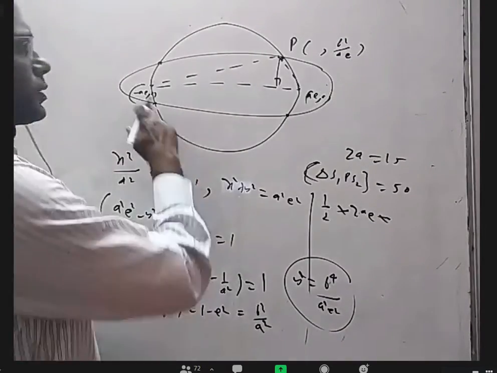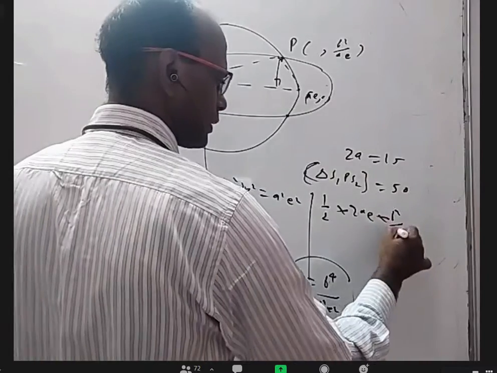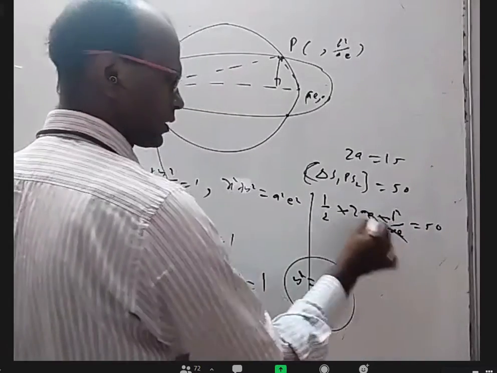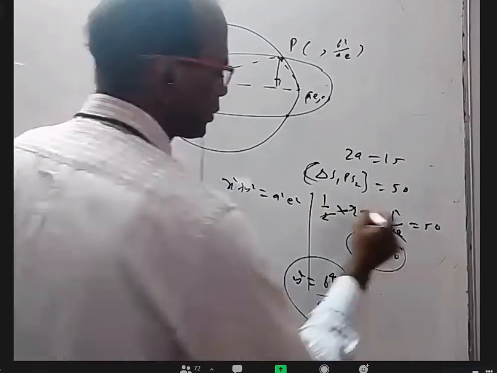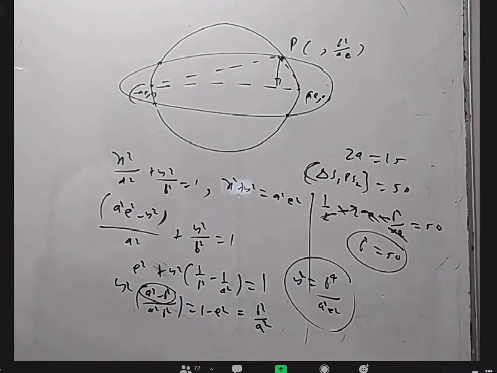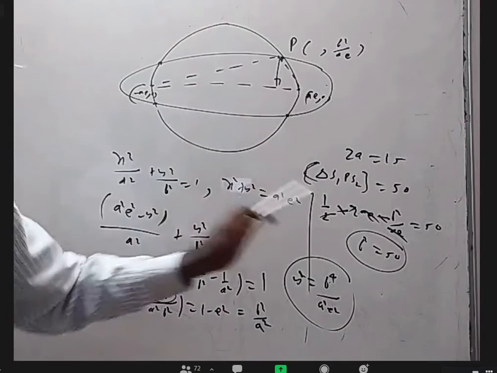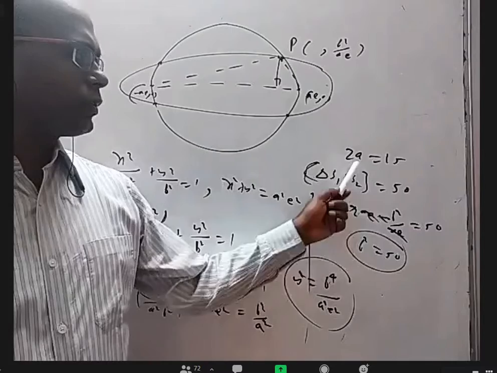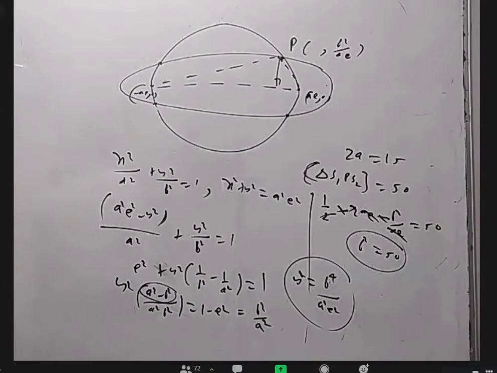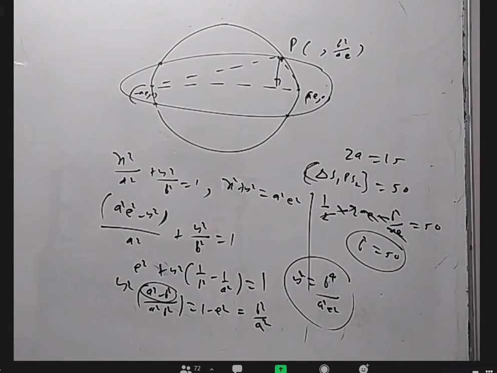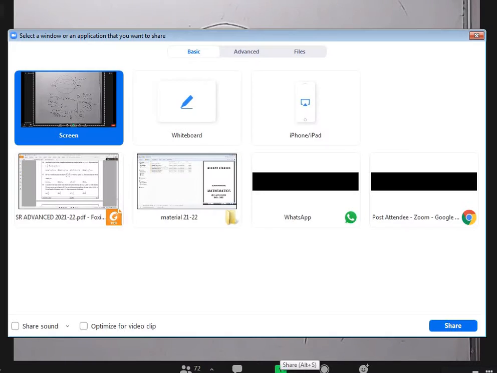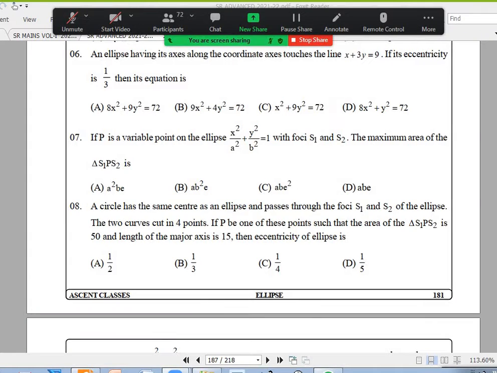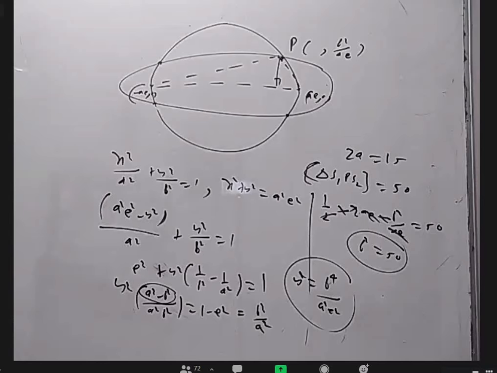Okay. Base is 2ae and height is b square by a. That is 50. Cancel a, cancel 2, it is b square. With all these things, what actually happened is the area of this triangle came b square. Is it okay? Megavani? Yes, sir. So now you know the b square value, you know the a value. I think you can find what they asked. They asked eccentricity. So you know a and b, you can find eccentricity.